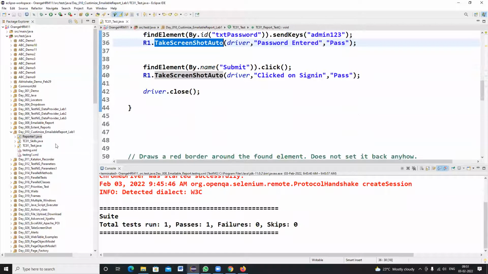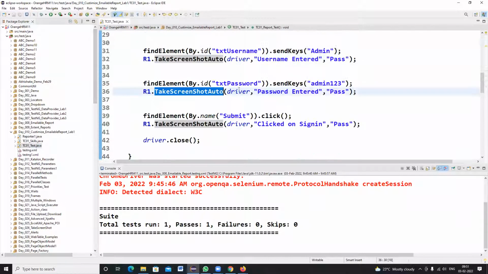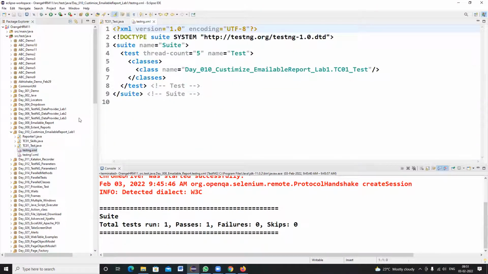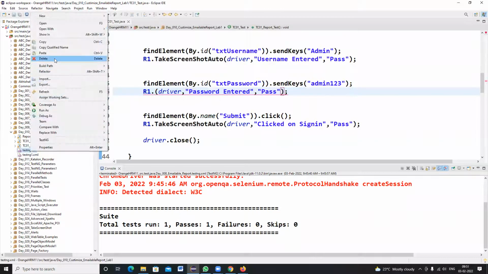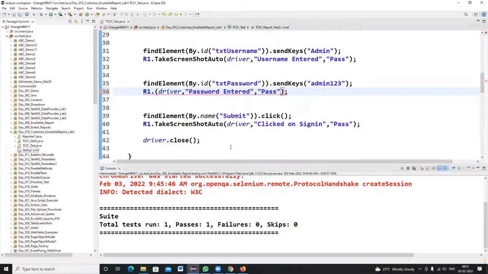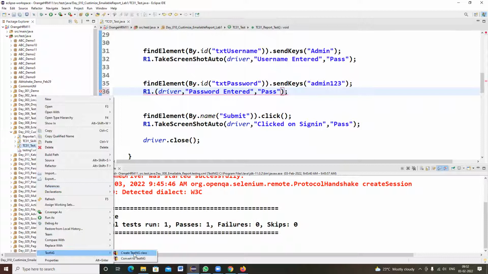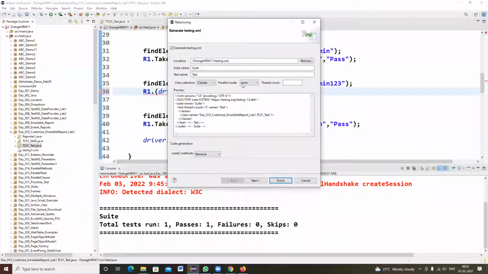Okay. So for this program TC01_test, I have generated a testng.xml. Okay, let me generate testng.xml. So I'm deleting it; if it is already there, no need to do that. Okay. So I'm going to generate testng.xml, convert to TestNG.